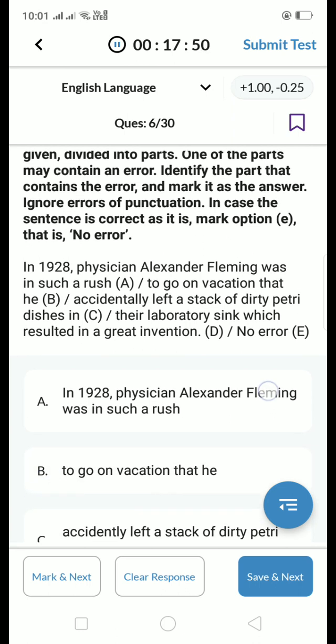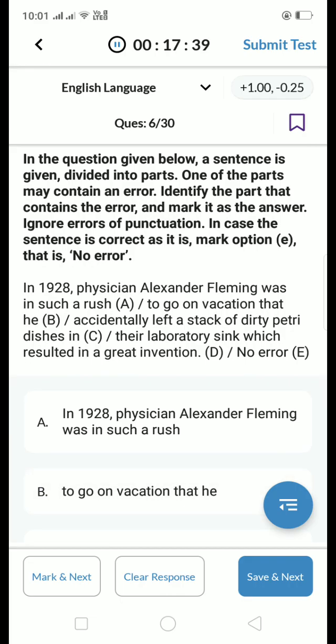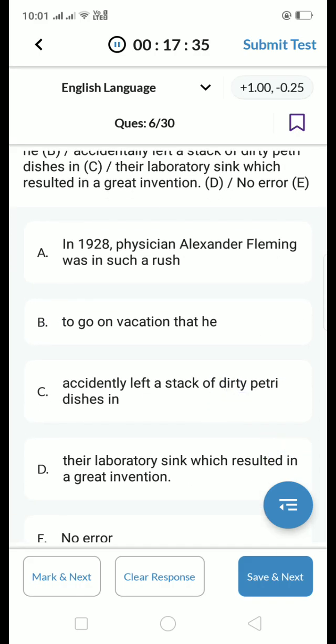Easy. आप लोगों को भी पता चल रहा होगा कि D is easy because physician Alexander Fleming जो है वो एक singular subject है और वहाँ पे जो यहाँ पे ये there use किया गया है ना, this is plural. यहाँ पे his होना चाहिए. So